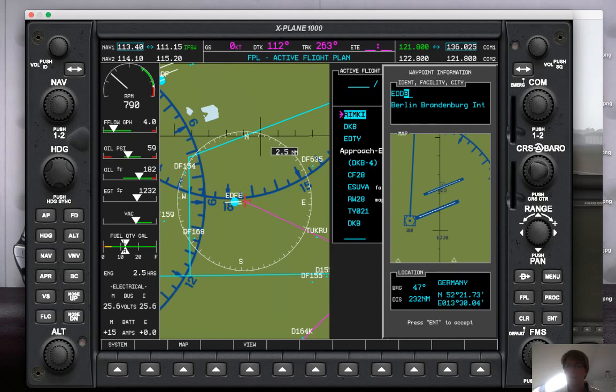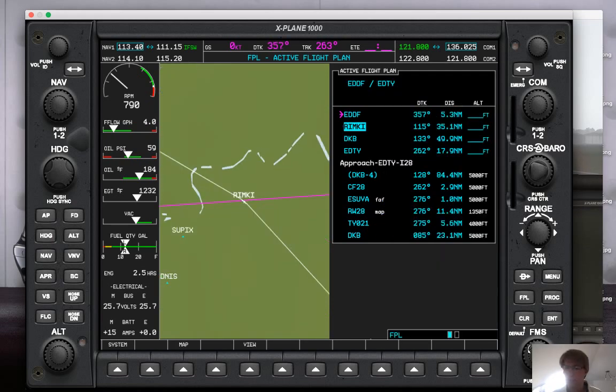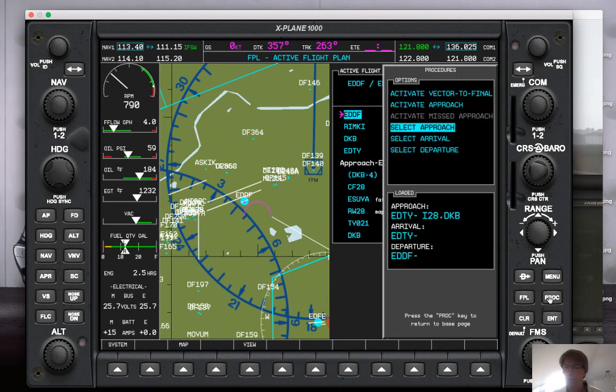whenever I turn the little knob to enter a new waypoint, the highlight field, the one with the inverted background color, this is where the waypoint will be inserted in front. So everything will go one down. Okay, so Frankfurt with its 4 runways, as you can see here, is going to become our pretend departure airport. And now that our flight plan reads Frankfurt to Schwäbisch Hall, I can go in and select an instrument departure